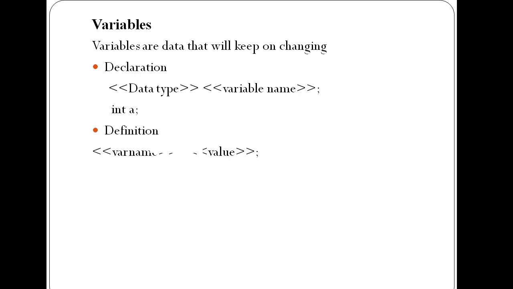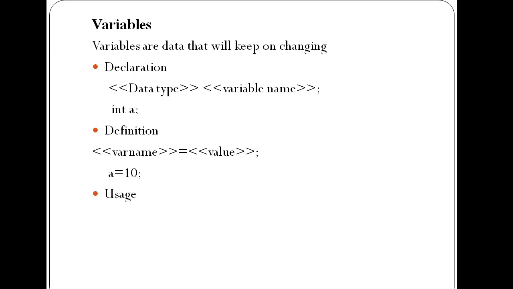And this is how we define a variable. Definition in the sense giving a value to a variable. Declaration is in the sense we are just declaring that variable, and definition in the sense we are giving some value to that particular variable. If we don't define a variable, then it will have some garbage data, some unknown value it will be holding. So this is how you define a variable: variable name is equal to value. For example, now we have our integer variable a, and a is equal to 10.